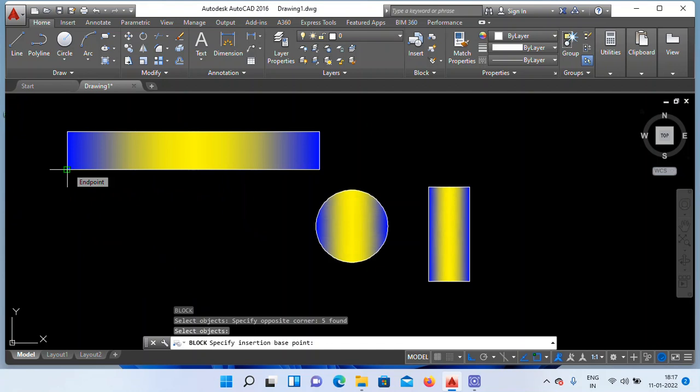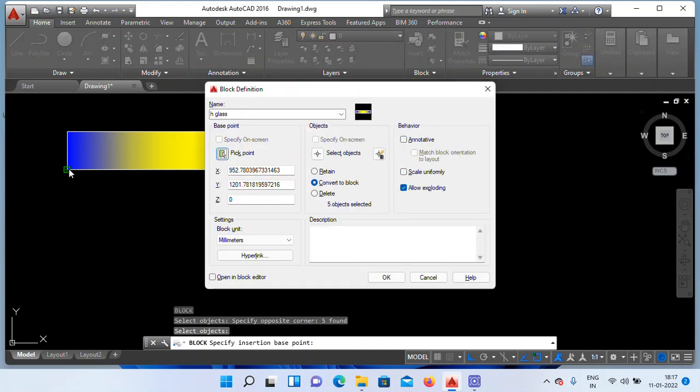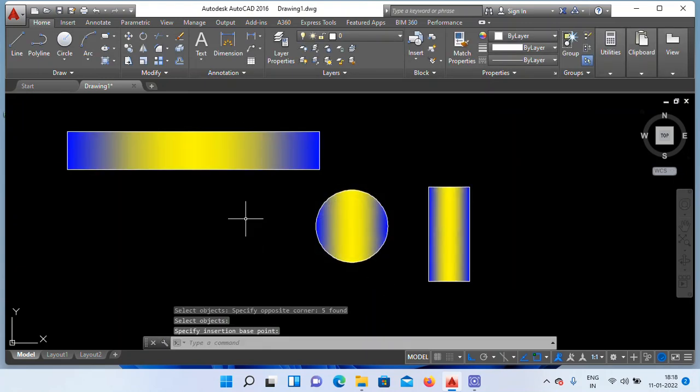Here click, right. Click on OK. Okay, right, it has gone. This object is stored in the block, stored in a safe location.